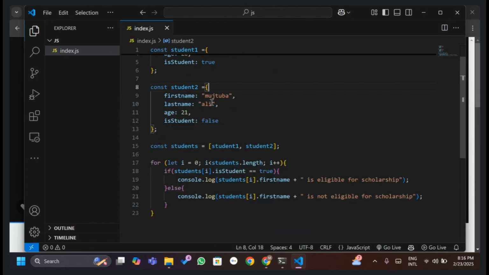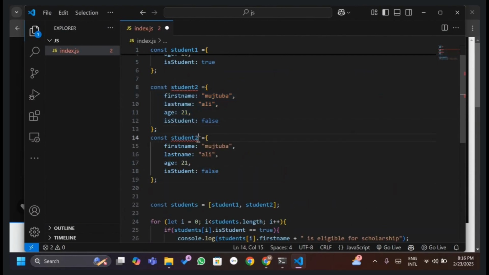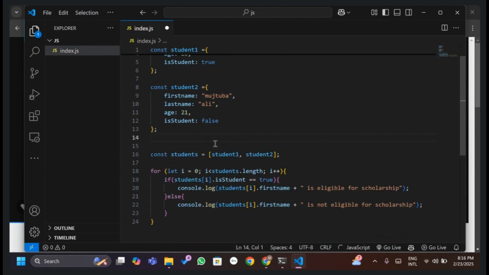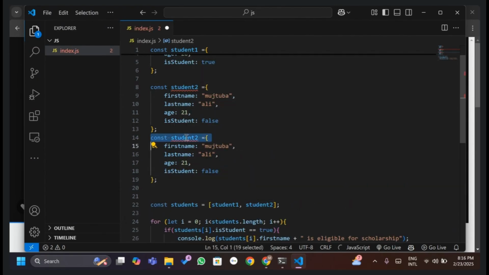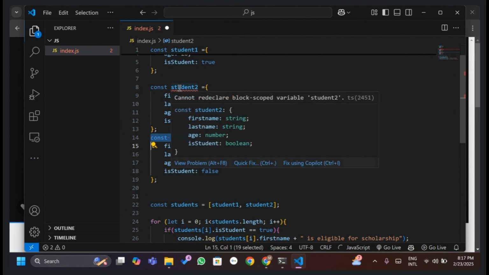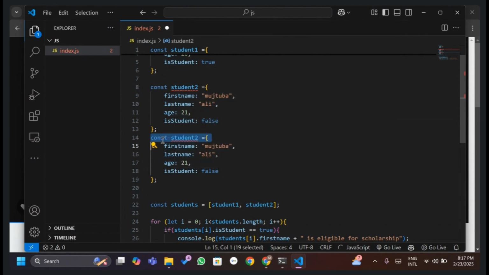Let me add a few more students. Then student 3. See how it gave me the reds quickly right here. I've tried to create another variable, redeclare this variable student2, in the const. So this is not allowed. You cannot redeclare the same variable. Anyways, let me change this to student3, and now if I change it to Vyas